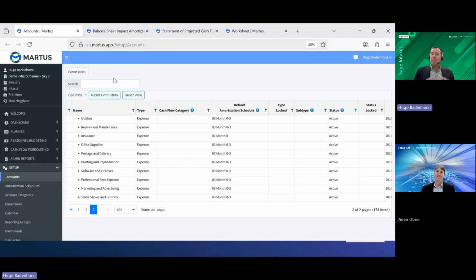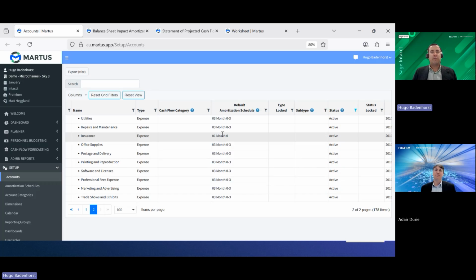Yeah, thanks, Ade. So looking at some of this, I've used one of our marketplace solutions here called Martis, and a couple of things just to set the scene there. When we start the process, from an account perspective, we can specify on the accounts, so on your P&L accounts, what that amortization would look like from a cash flow perspective. So generally, when we have a budget that we produce, we can say what the budget impact is on a monthly basis, but the impact on cash flow is either on month 1 or month 2, or it's spread across the year. Depending on that solution, we basically specify what that looks like. So, you can see there everything, insurance, it's a prepaid expense. We want that in month 1. So that full cash flow impact is in that first month.